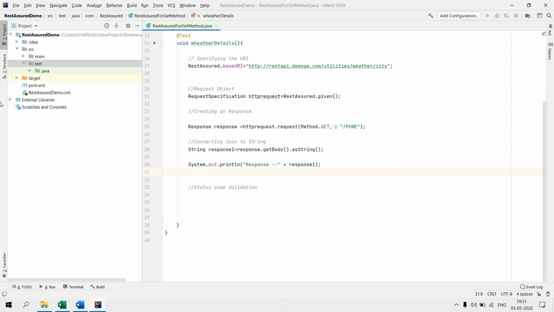Now the next step is that we have to validate the status code. Okay, so we need to write code for the same. The status code would be in integer format. So status code is equals to response dot get status code. Okay, so we are using the assert method to validate the response.